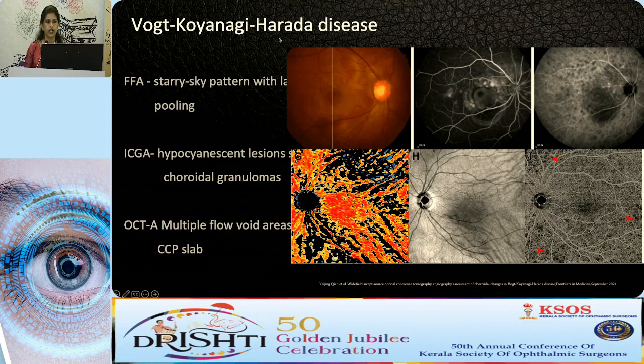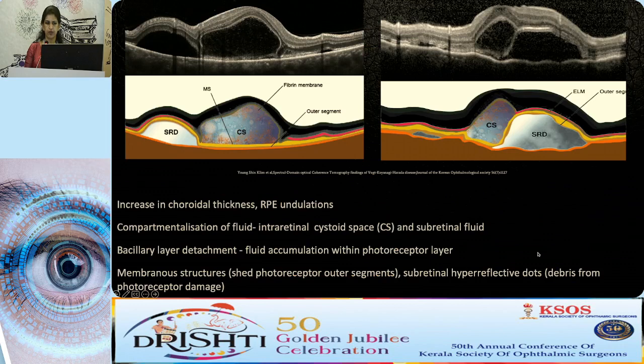In Vogt-Koyanagi-Harada disease, on the FFA you have the starry sky pattern with late pooling, and on the ICG angiography you have hypocyanescent lesions suggestive of choroidal granulomas, and on the OCT angio you have multiple flow void areas on the choriocapillaris slab. On the OCT, multiple features have been described. That is, first of all, the increase in choroidal thickness and the RPE undulations. These are seen in the majority of the eyes, and if you see this, it is associated with more recurrence and